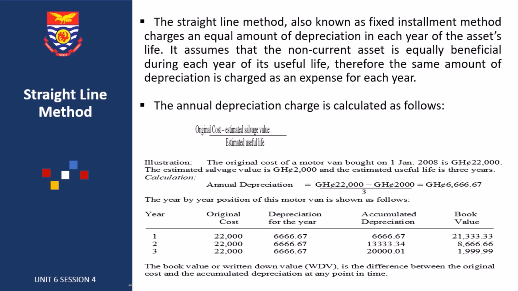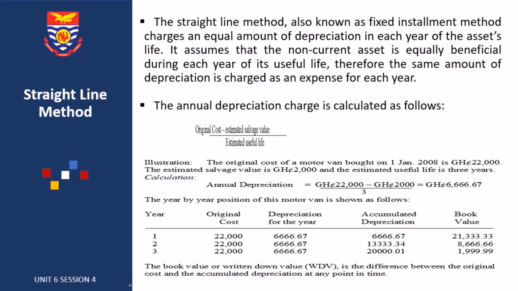So it will be 6,666.67 plus year 1's depreciation of 6,666.67, giving us 13,333.34. Now the net book value for year 2 will be the cost of the asset minus the accumulated depreciation. So the 22,000 minus 13,333.34 will give us